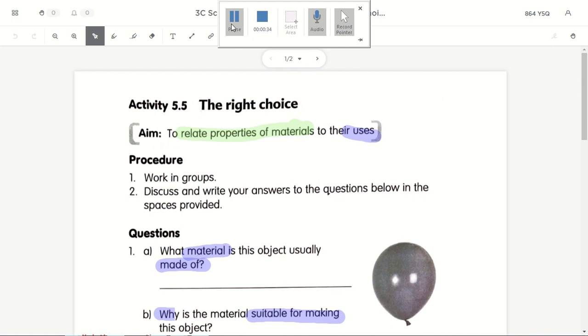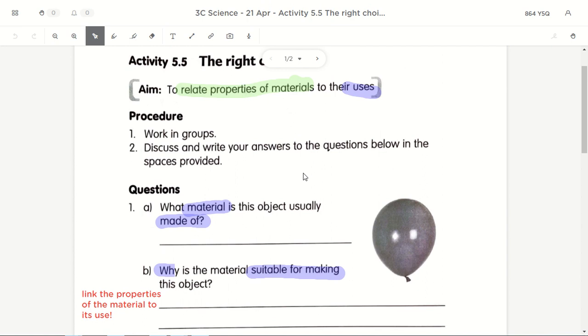Okay, so let's start going through the homework that we have done yesterday. Yesterday was activity 5.5, page 40 and 41. You're supposed to figure out what material is used for certain objects and why we choose that material for that object in particular. So as we go through, think about the object, think about what material it is used to make the object, think about why we use certain material, and always link it back to